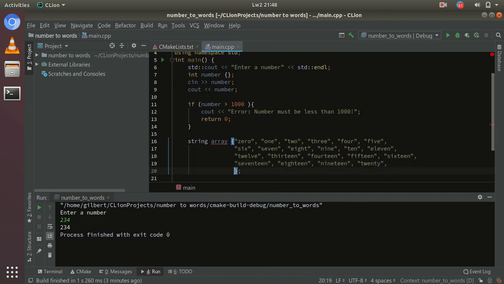Okay, now it's very important to note that after 20 we don't go to 21, rather we go to